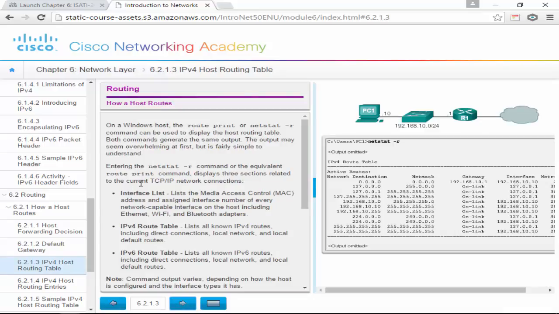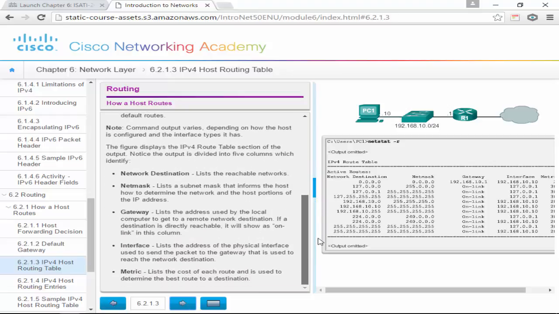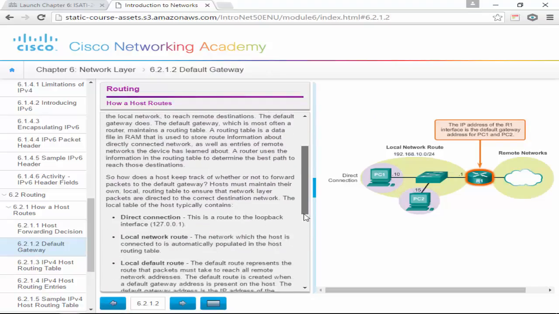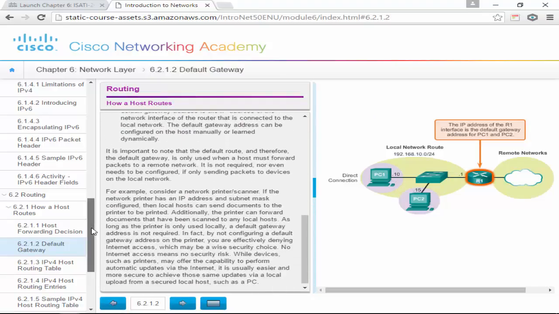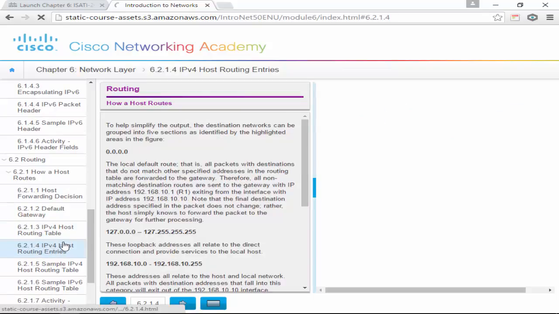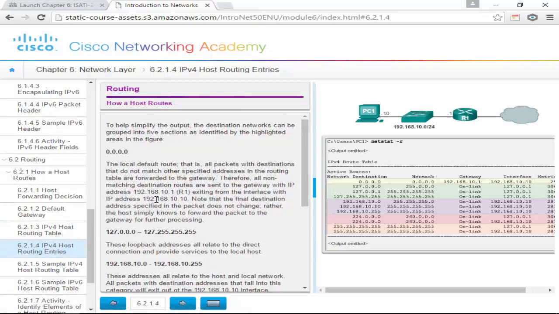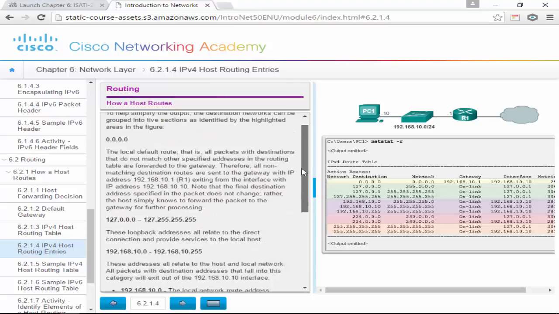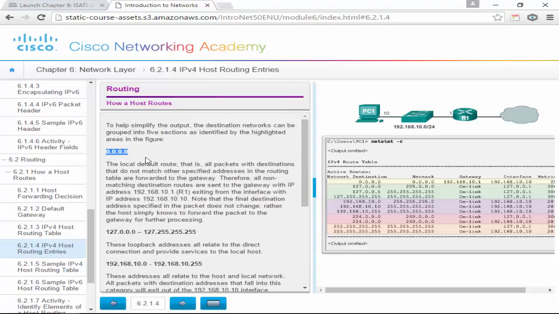IP version 4 host table. Here's our route print. You could also do netstat -r. Shows the same table, right? And if we want to see this on a router, this routing table is through show ip route, which is the command we would type, but that's for a different time. Okay,